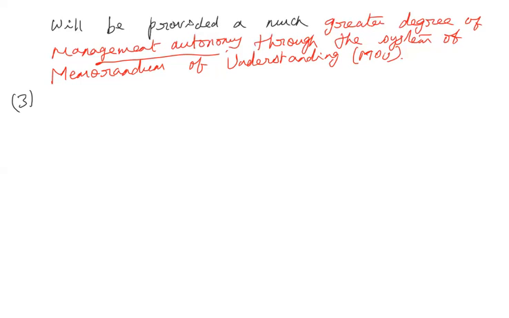And whatever the remaining healthy industries in the public sector, through the memorandum of understanding between the public sector management as well as the Ministry of Industries, the government will not interfere, and the public sector will have greater decision making powers. That is the management autonomy. So these are all the policies towards the public sector. And the third change which was made by the government is in the area of the MRTP Act. If you remember, the full form of MRTP Act is Monopolies and Restrictive Trade Practices Act. So what the government had done, the MRTP Act